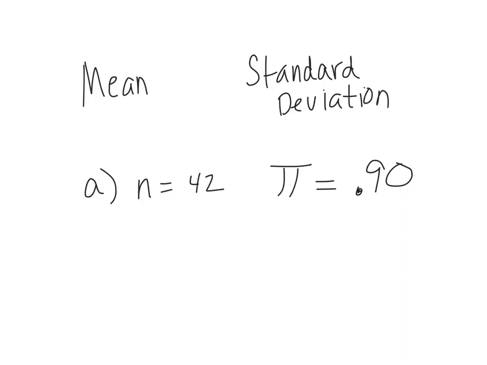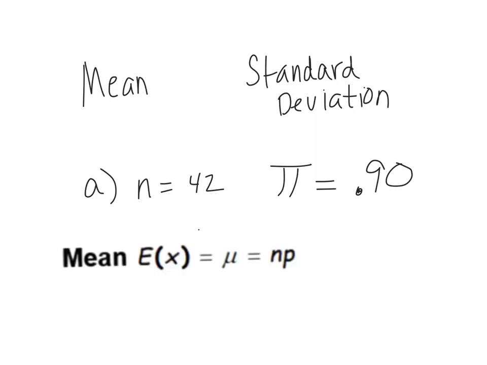Problem number 7 is asking you to find the mean and standard deviation, and they give you parts A, B, and C. In this example, I'm just going to do part A, but in the written notes, I have given you a couple of other examples written out also. And to find the mean, which is the one we're going to do first, we are going to use this